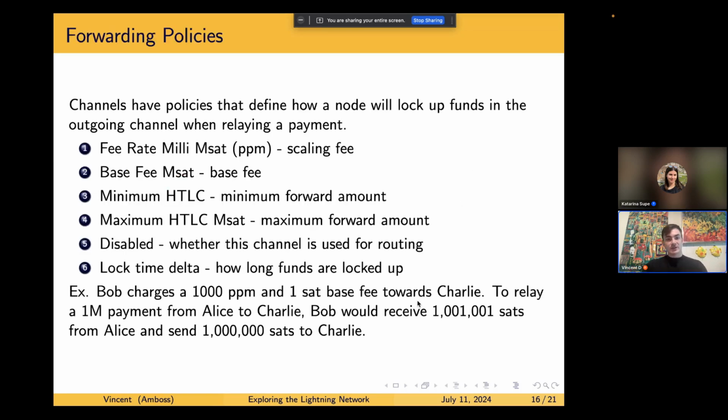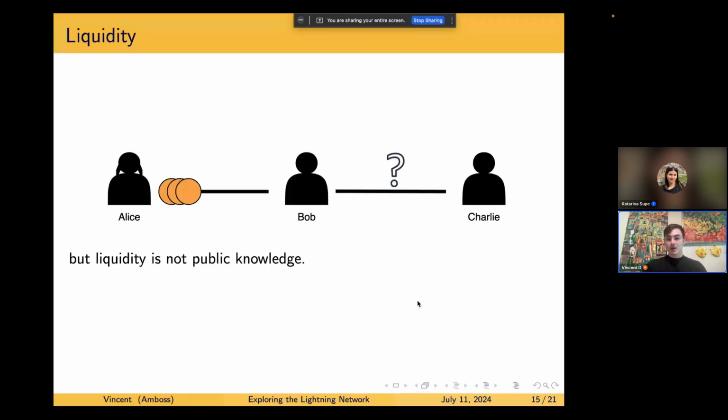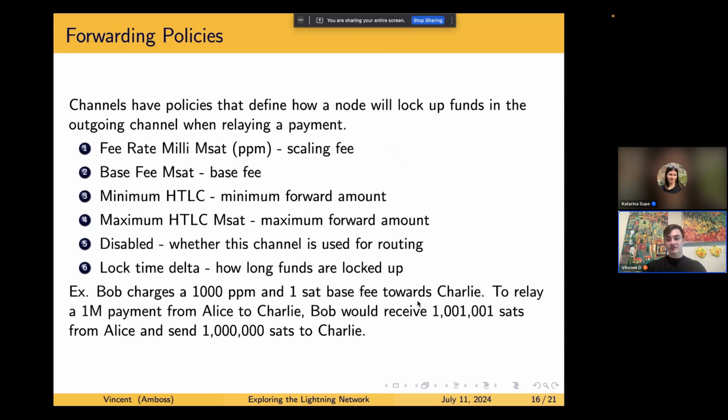Some more information here. Bob probably wouldn't provide the service to Alice just out of the box. There is some risk involved. If there's an uncooperative node somewhere in the payment path, there's a chance for what's called a forced closure, which means that channel gets closed and you end up paying the mining fees for that. So to incentivize the behavior of relaying payments,